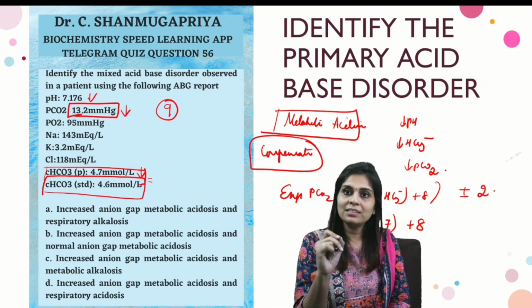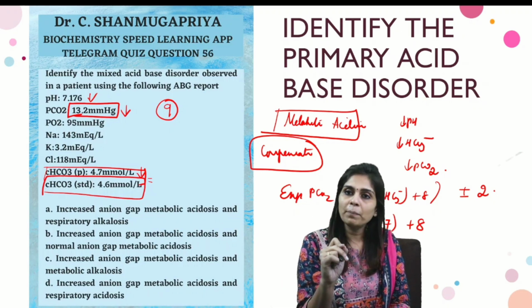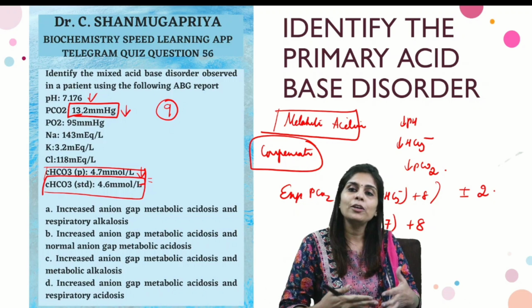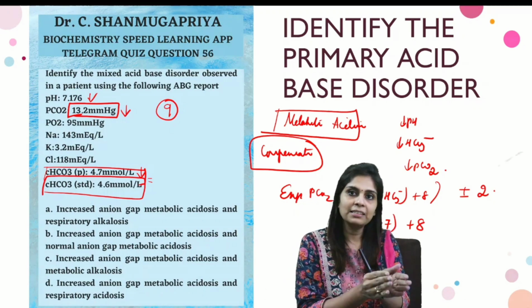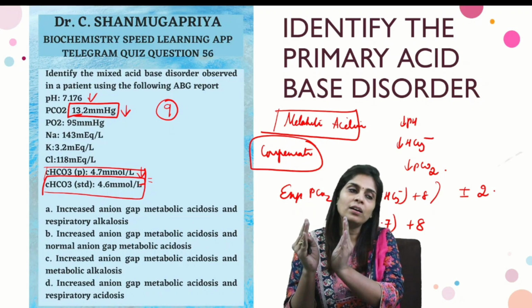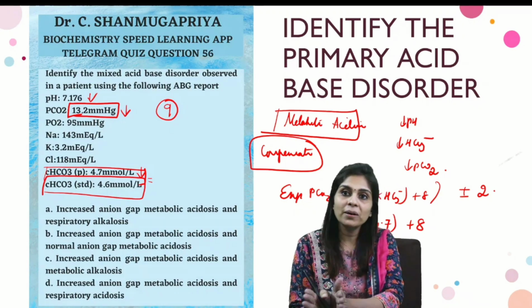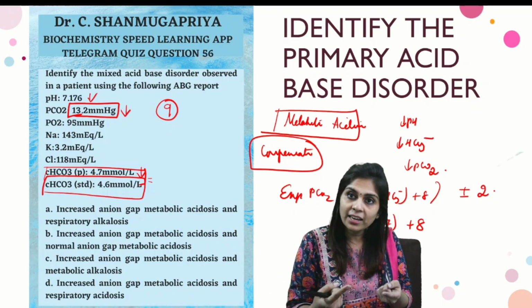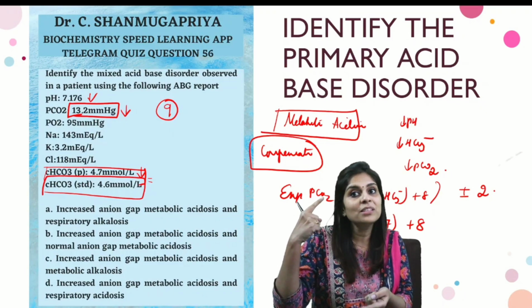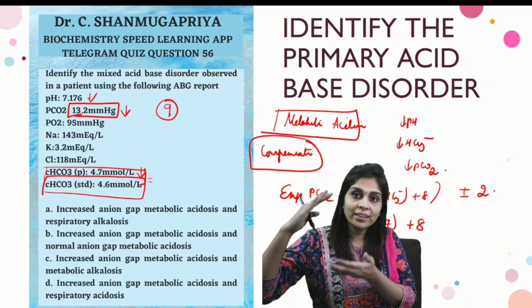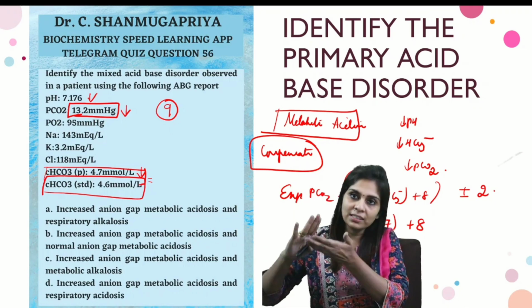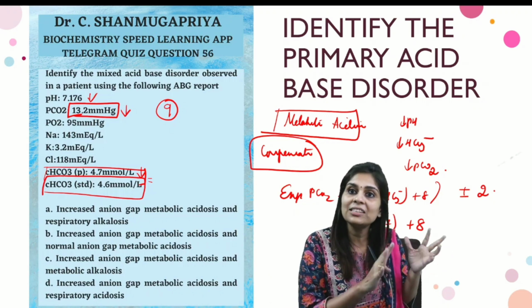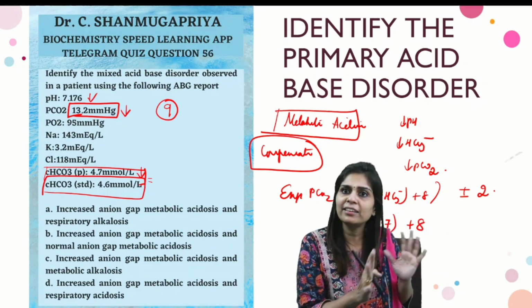Now, to give a concise explanation for that, standard bicarbonate is a calculated bicarbonate value. It's a prediction of what the bicarbonate value would be if I equilibrate this blood sample with another fluid of normal partial pressure of oxygen and normal partial pressure of carbon dioxide. Or in other words, I am predicting what would be the bicarbonate value if the person's respiratory system is working properly. So after I correct the respiratory system, if the bicarbonate value is the same as before, it means so long the respiratory system defect had not caused any change. If at all there had been a respiratory defect, it has not caused any change.